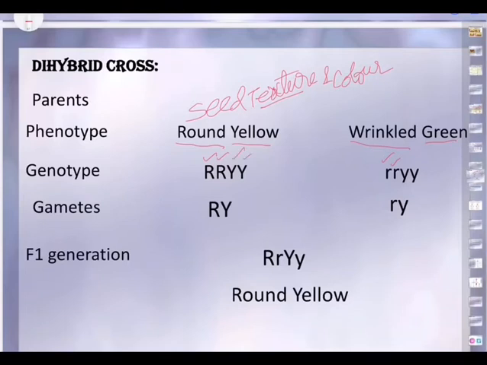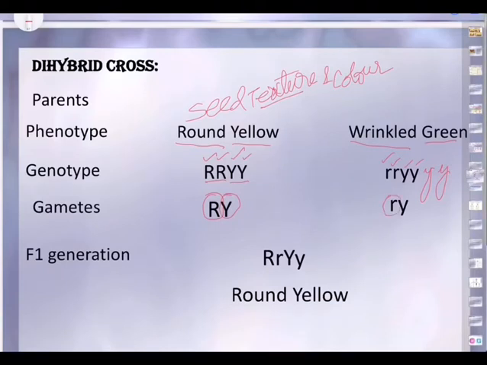And how do you decide that yellow is dominant and green is recessive? I told you it's the number of populations. So phenotype is round yellow and the corresponding genotype will be capital R, capital Y. And the wrinkled one correspondingly small r, small y. So just to differentiate this capital Y and small y, in your paper you can write it like this, small y, to differentiate.